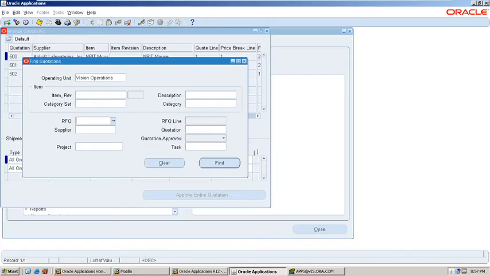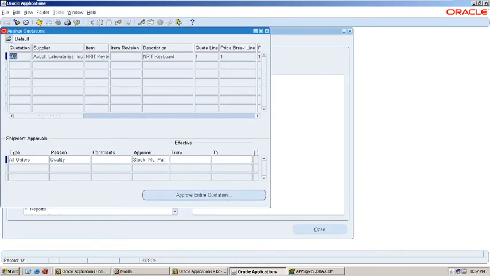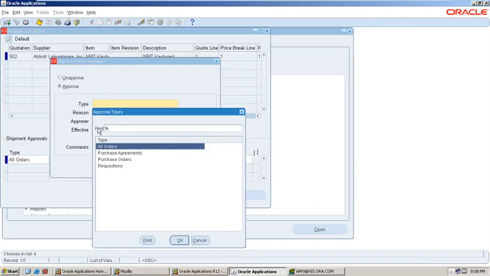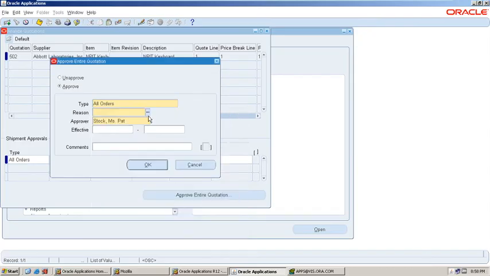What is the RFQ number? 308. Tab. Now enter find. You will see the quotation number here, and approve the quotation. Same steps.